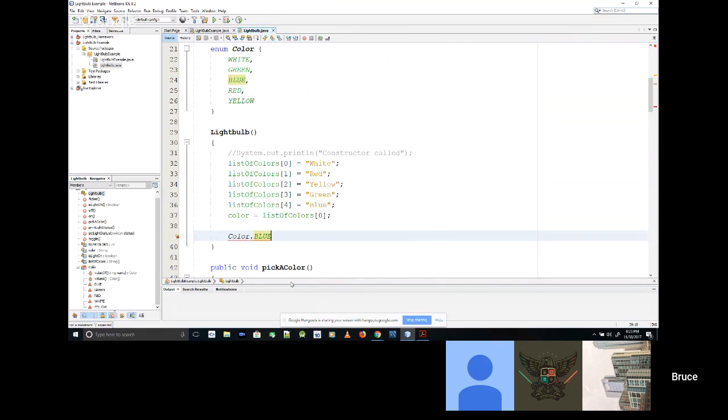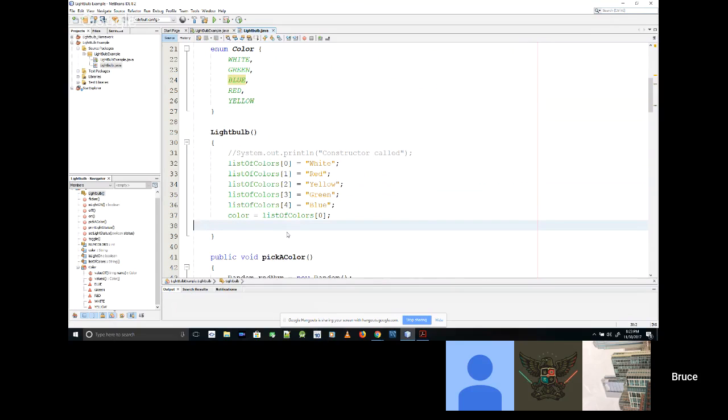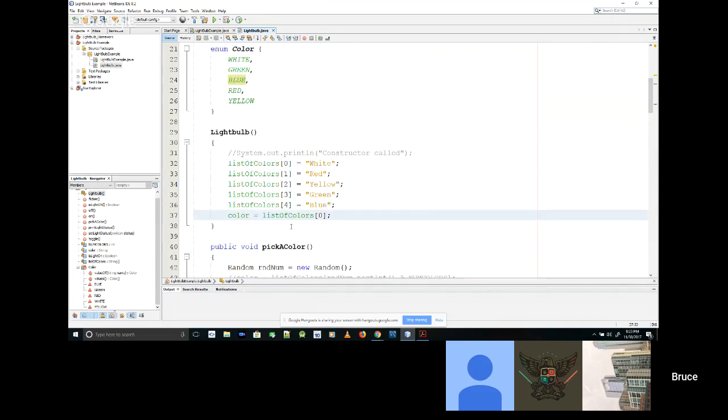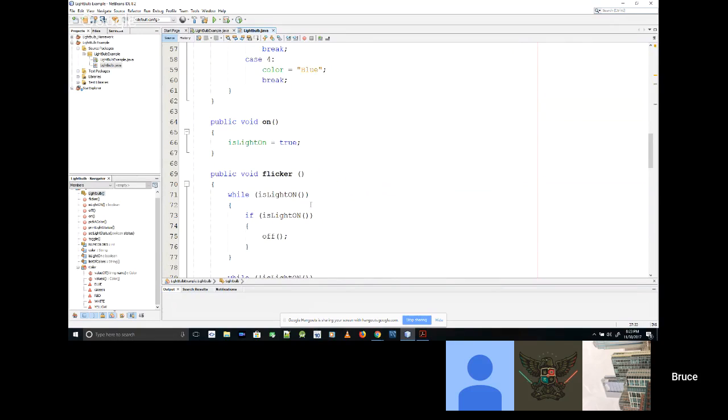Let's see if we could actually do this. I never tried this. I'm going to go out on a limb here and see if I can do this. It might complain.